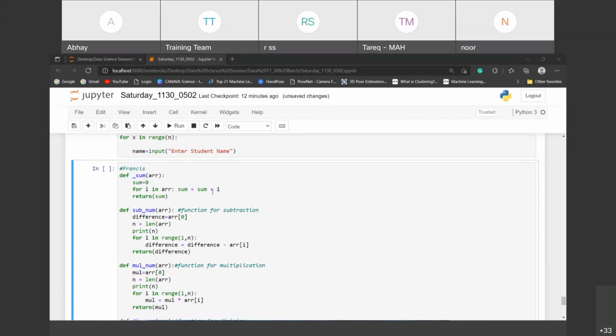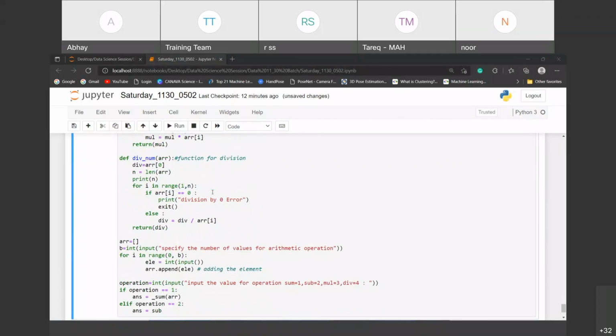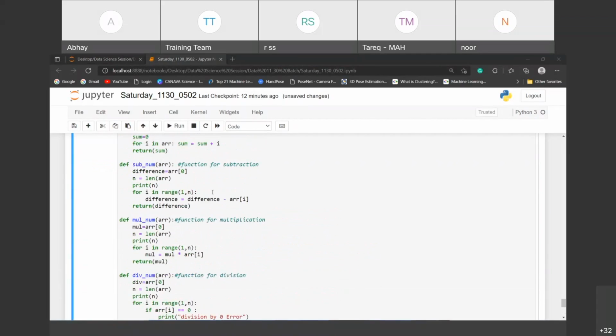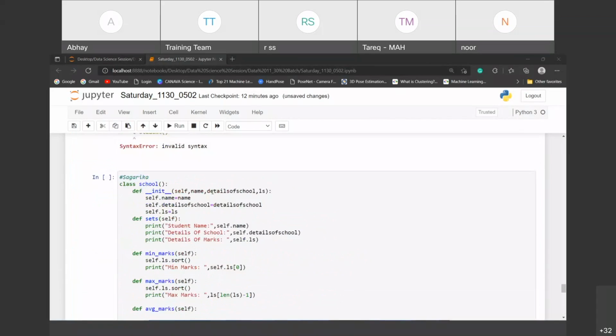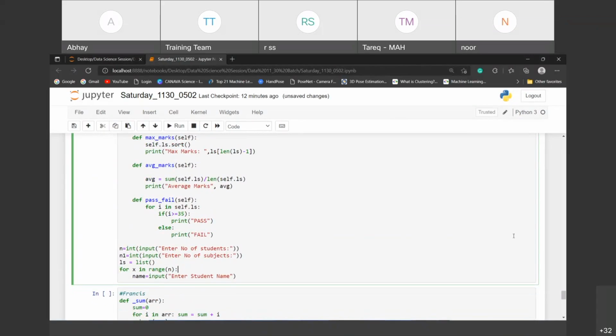Francis, yeah. Function multiplication. That's only to explain functions, as some are finding difficulties in this class.